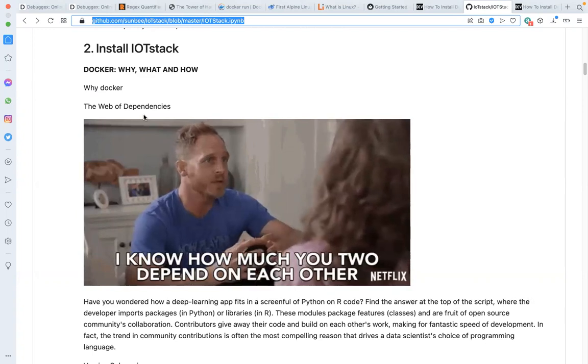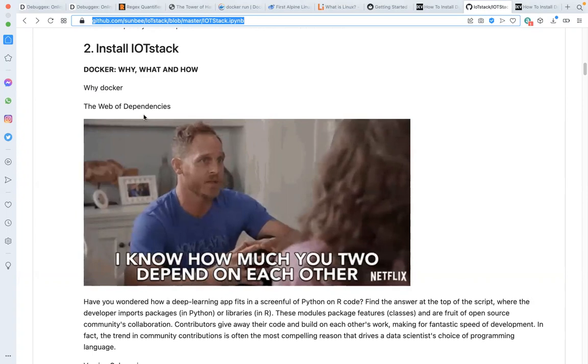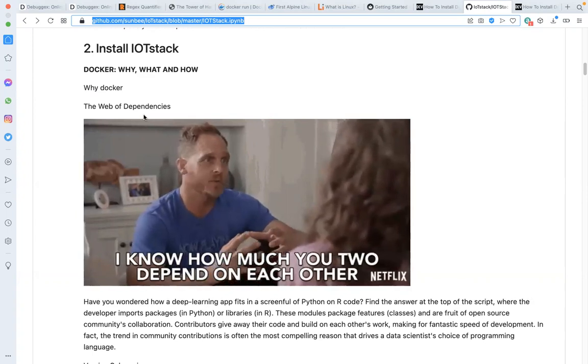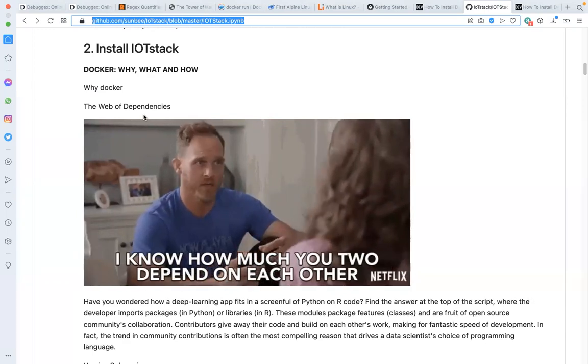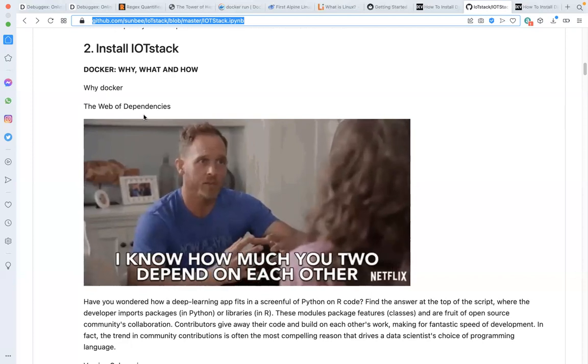And where do these packages or libraries, where do these modules come from? Well, they come from the community of contributors in the open source community who make available their code for others to use,